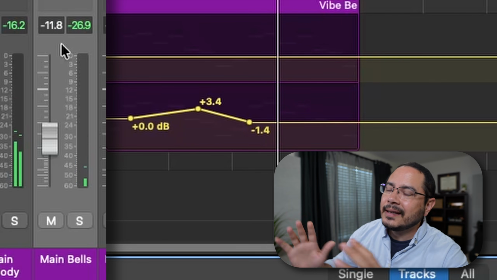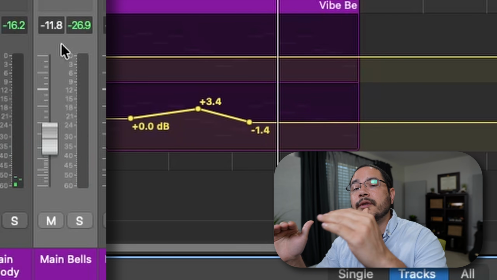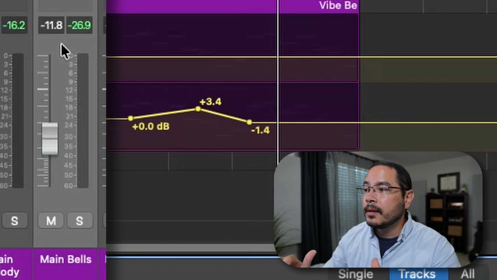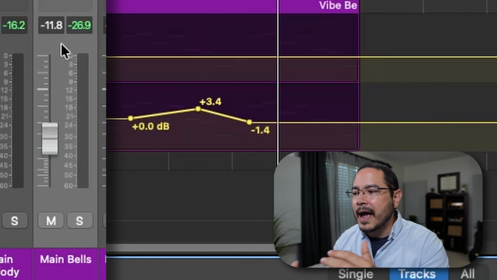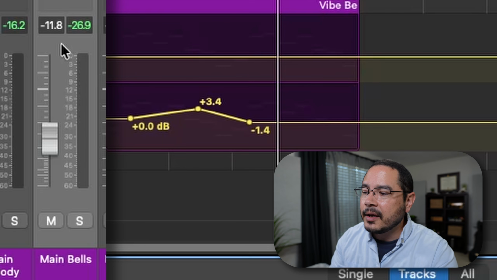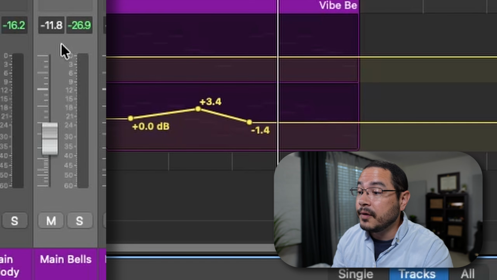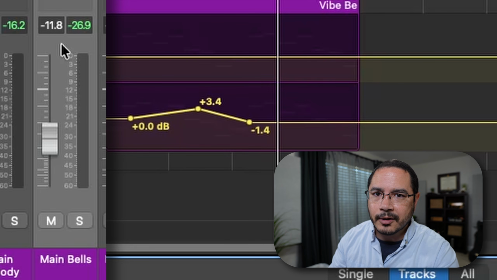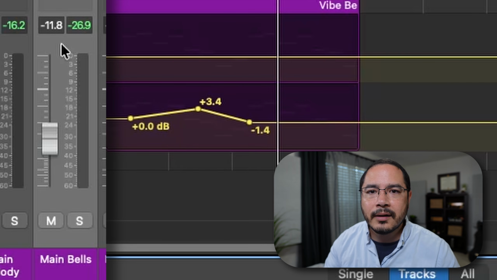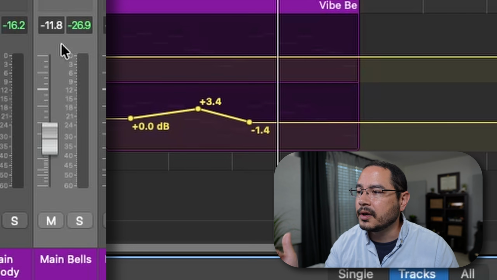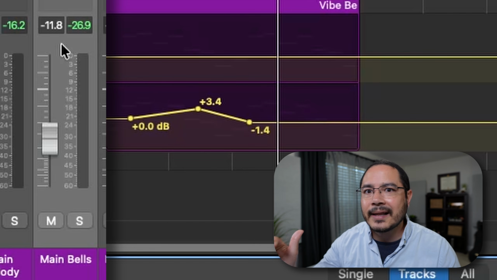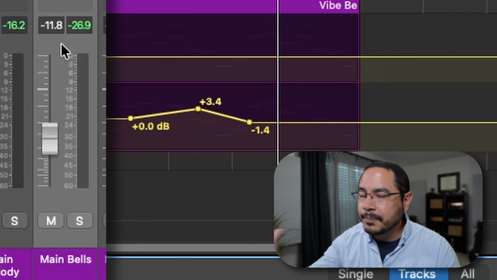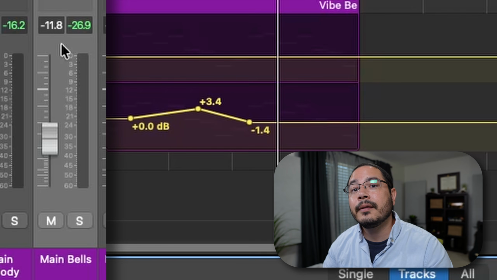The problem is it's buggy as hell. If you don't set the absolute volume, the relative one will assume your absolute volume is -6. It'll display it like that as a visual bug, even though it's set at your -17 or whatever. If it worked well, I would tell you this was a great solution. All your automation data is exactly where you expect it. It's buggy. I wouldn't mess with it.